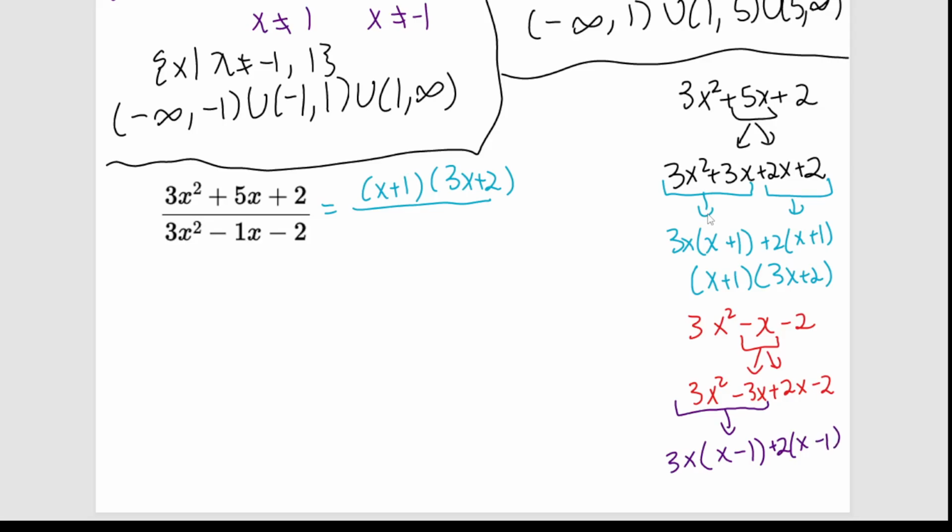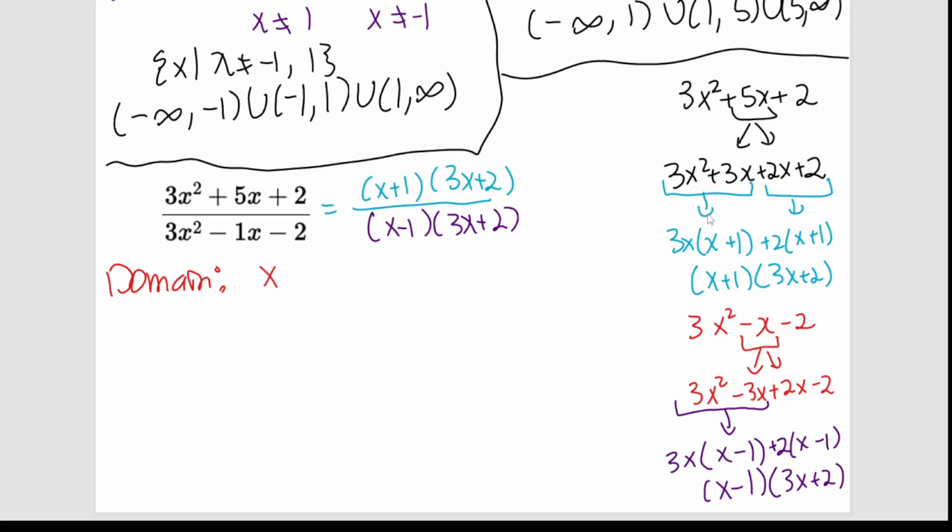And then our final parentheses will be what they have in common, which in this case is x minus 1. And then what is different, what would be left after factoring out that x minus 1, which is 3x plus 2. So I'm going to write that as my other parenthesis. And again, we still want to figure out domain pre-simplification, so we're going to go ahead and figure that out